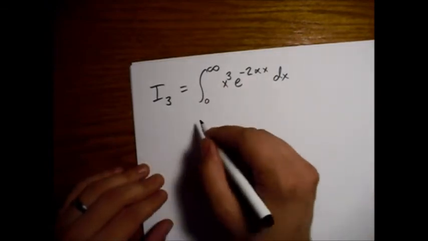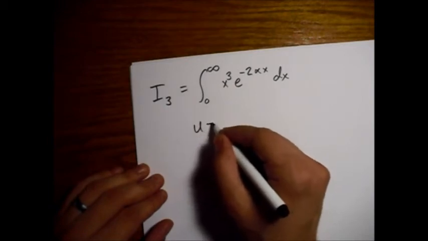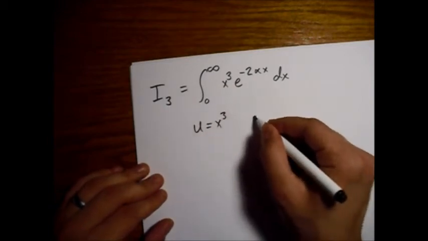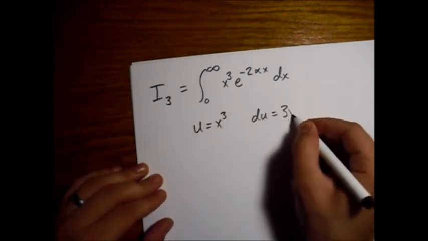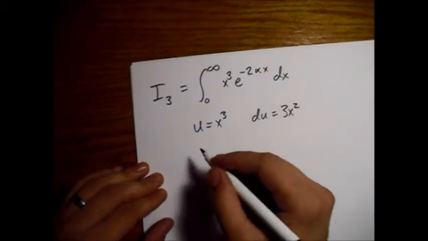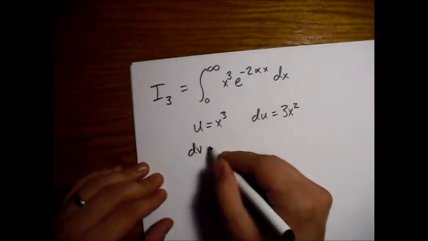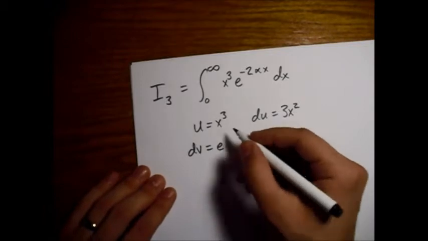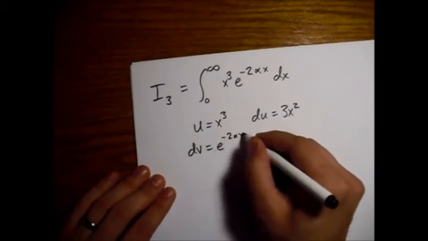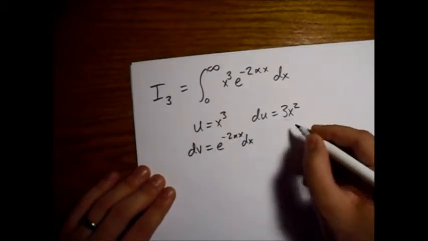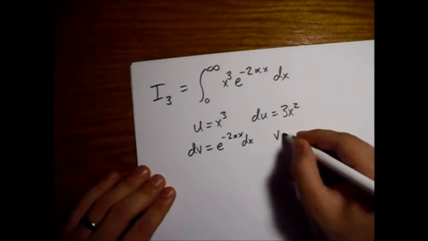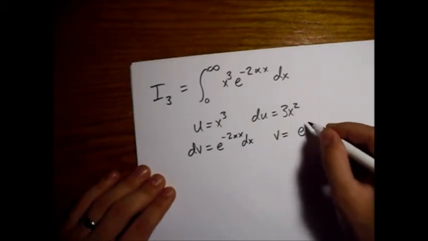So I'm going to do integration by parts. Set u equal to x cubed, therefore du is equal to 3x squared dx. dv we set equal to e to the minus 2 alpha x dx, which sets v equal to